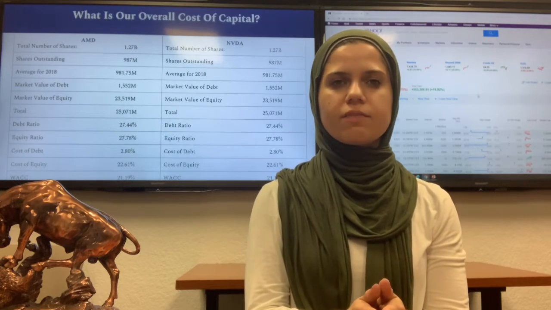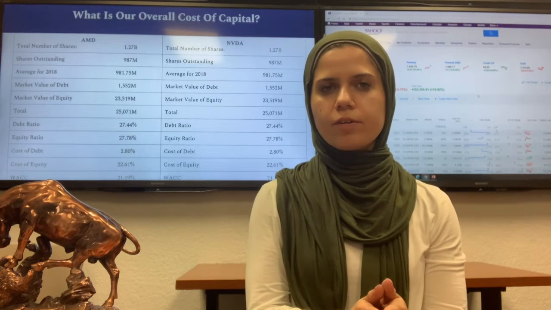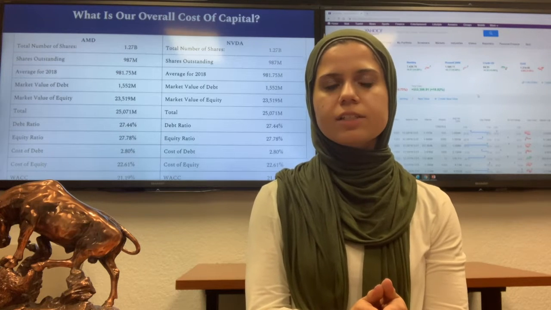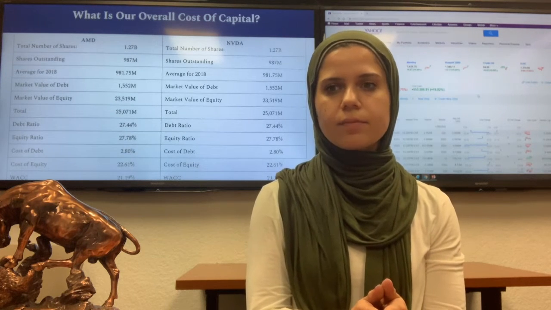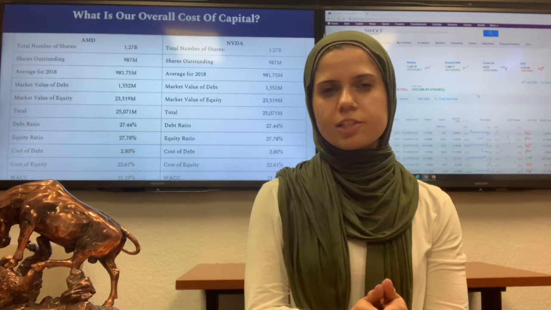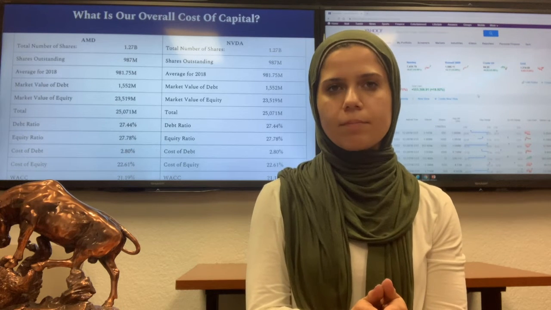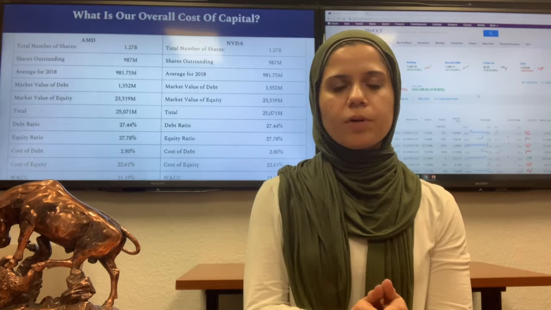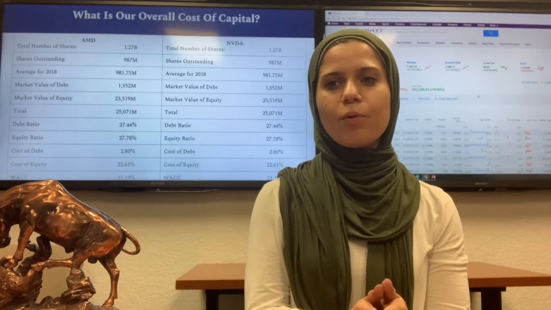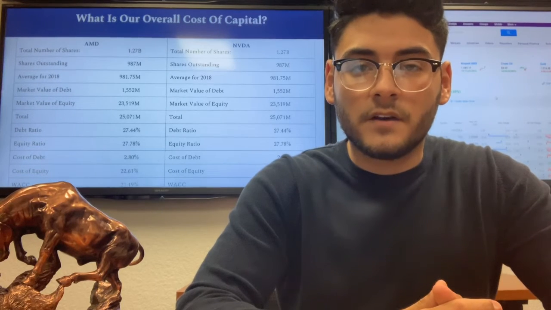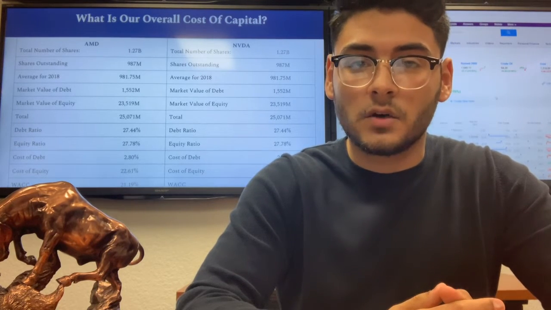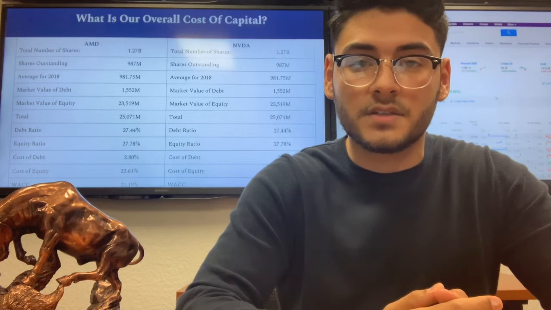What is our overall cost of capital? The cost of capital is very important for companies because it allows us to see what they require in order to make acquisitions, create new facilities, etc. Overall, you have to use the weighted average cost of equity, debt, and preferred stock in order to find your weighted average cost of capital. AMD has no preferred stock, so after doing the other calculations, we came up with the result of 21.19%. Using the same variables, we found NVIDIA's weighted average cost of capital to be 14.4%. We prefer this as it is lower between the two and is easier for them to partake in projects.